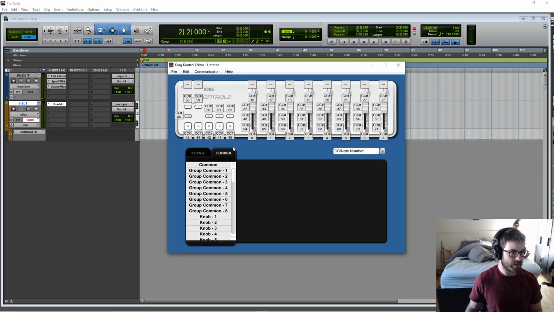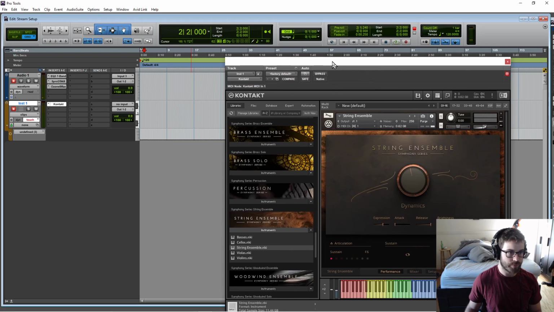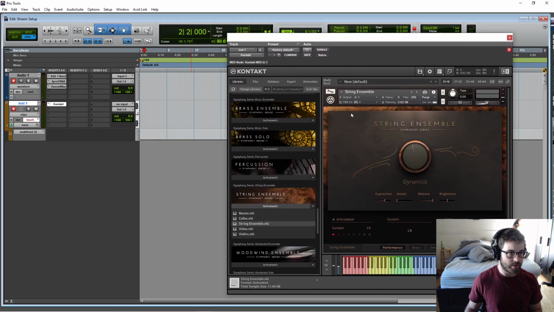So the way that I figured that out was when you open Kontakt and you right-click this Dynamics knob. For me, that was the most important one that I wanted to work with. I was only really able to do it with the mod wheel, which is helpful, but it's not as good as a fader. So the workaround that I got,